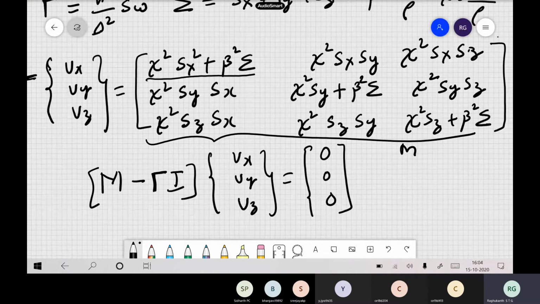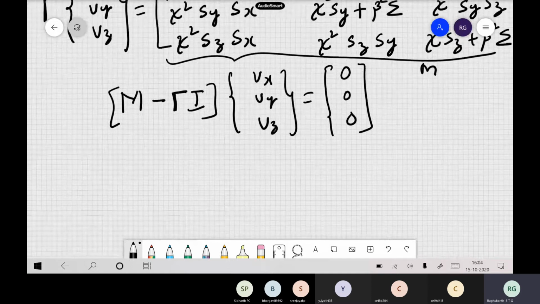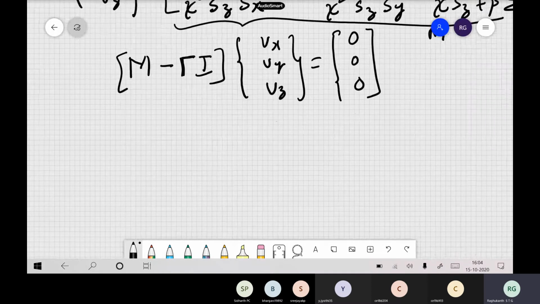So here also Vx, Vy, Vz are there. You followed, right? So you can combine all of them into one together. Now, to find out dispersion or stability, what do you have to do? Previously we solved the velocity-stress formulation. How did we calculate dispersion? Do you remember? I think maybe last week we calculated this for the velocity-stress formulation.